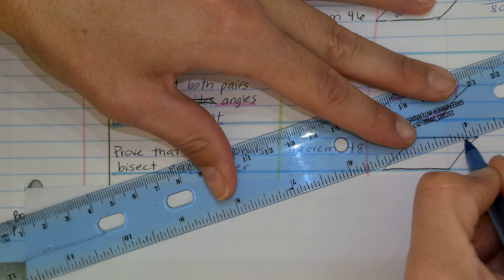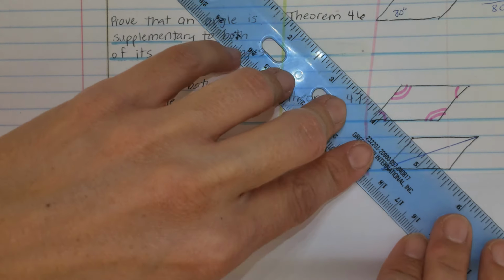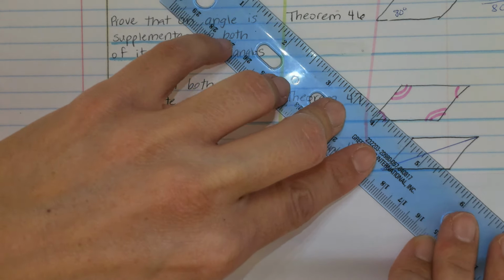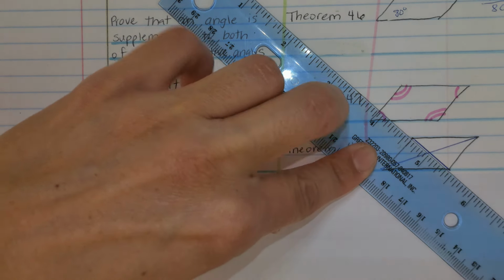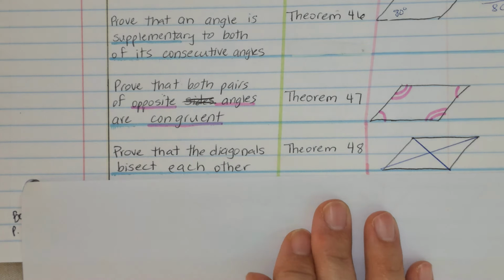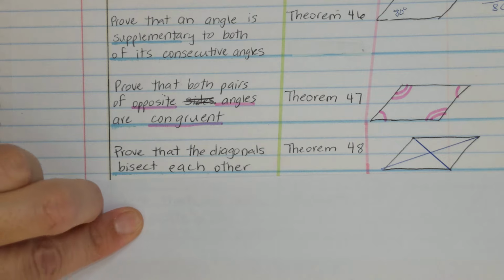So like this. You don't have to make it perfect, but I do want you to see how you can do it if you have a ruler. And the other diagonal goes from one angle to the opposite angle, like that. I feel like it kind of looks like a kite when you do that. So once you do that, we're going to think about how can we show